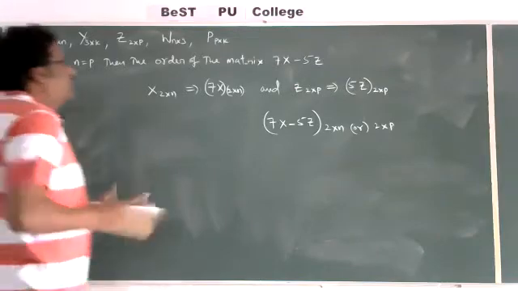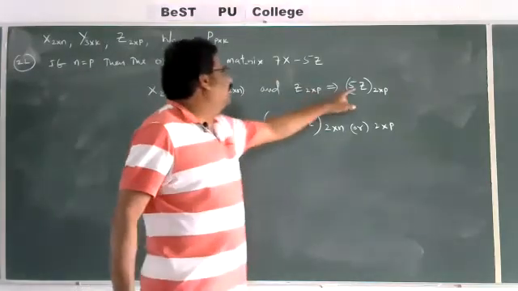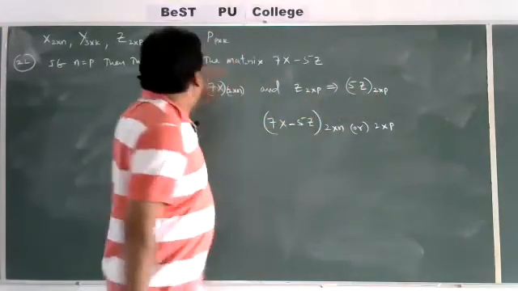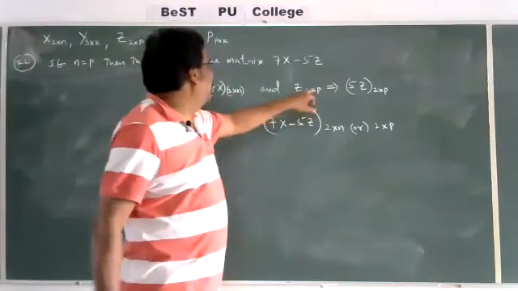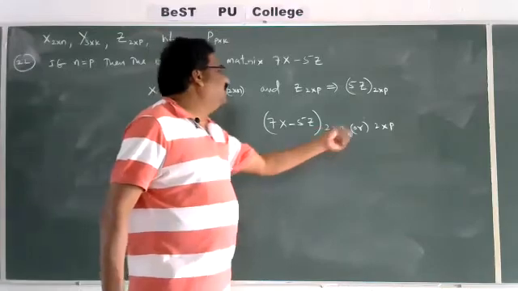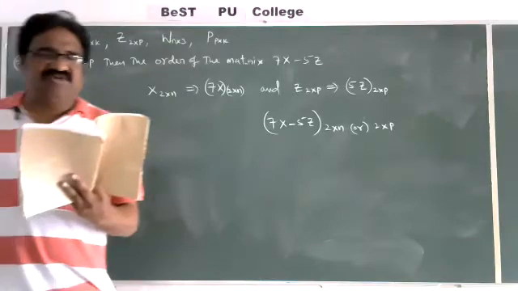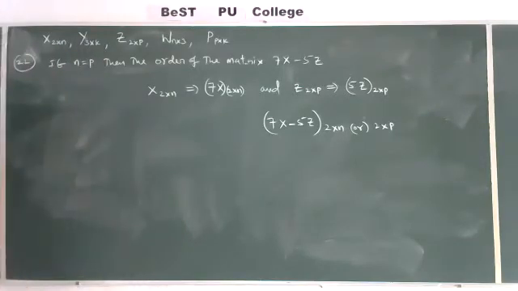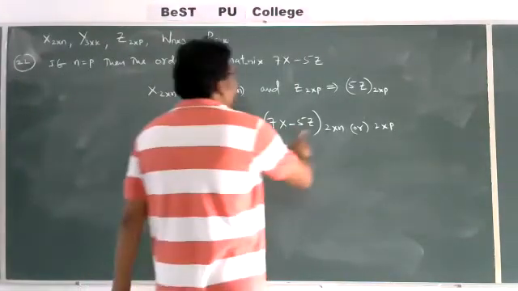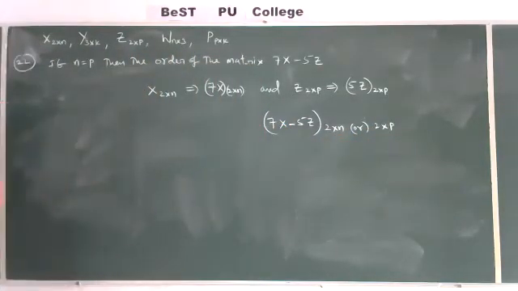Already the number of rows are equal in both matrices. In 7x 2 rows, in 5z 2 rows. Already in the question they have given n is equal to P. That's why this matrix should be 2 by n or 2 by P. In the options which are given, 2 by n is given. That's why 2 by n is correct. The order of this matrix is either 2 by n or 2 by P. Yes. That is, 3.2 is completed.